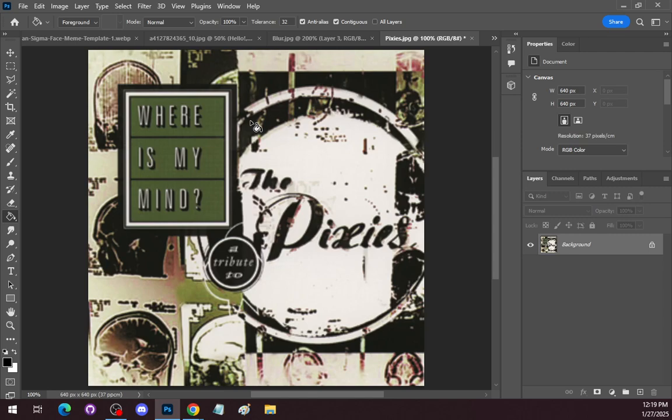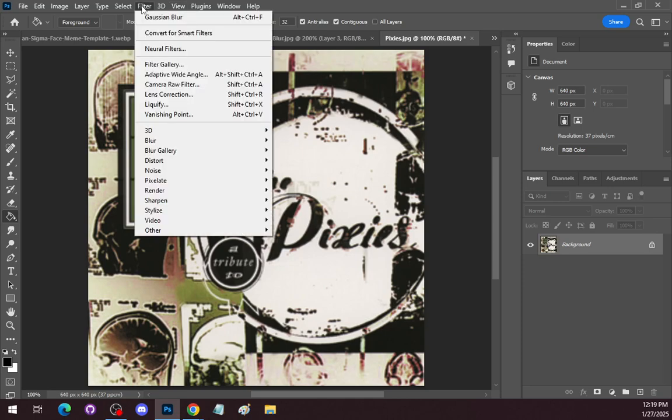The biggest song you probably know is "Where Is My Mind." It was used in the Fight Club film, particularly at the end. And for our filter, there is actually a pixelate filter, and we're going to go with